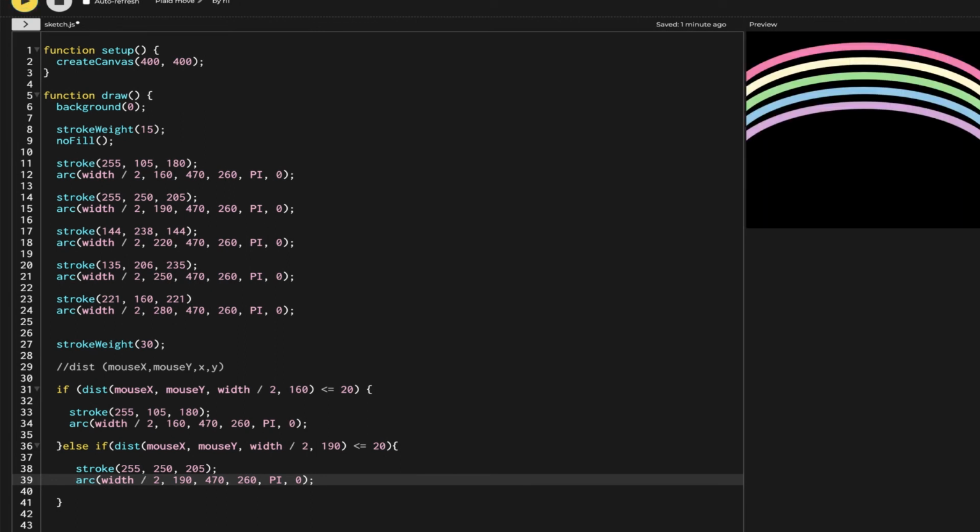Now let's see how the next one is ready. So when I do this, I go closer. Now you can see the other rainbow is also increasing its size. So as I go a little bit further away, the yellow one, a little bit more closer than the red one. So now the whole thing we